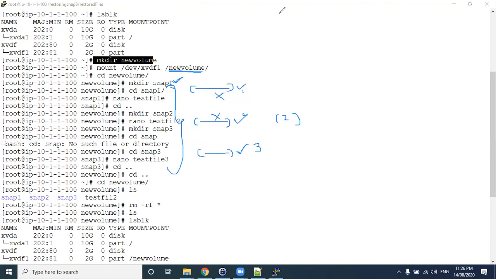So any doubts here or queries? No, Harish, thanks. So Namita, are you clear with this restoring backup and snaps concept? Yeah, kind of, Harish. I'll just give a try with this one which you just explained. Sure. If I have any issues, I might just reach out to you. Yeah, sure.